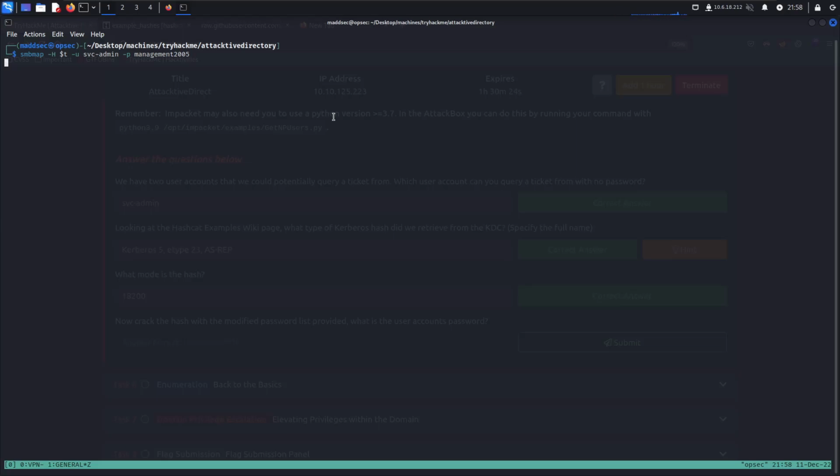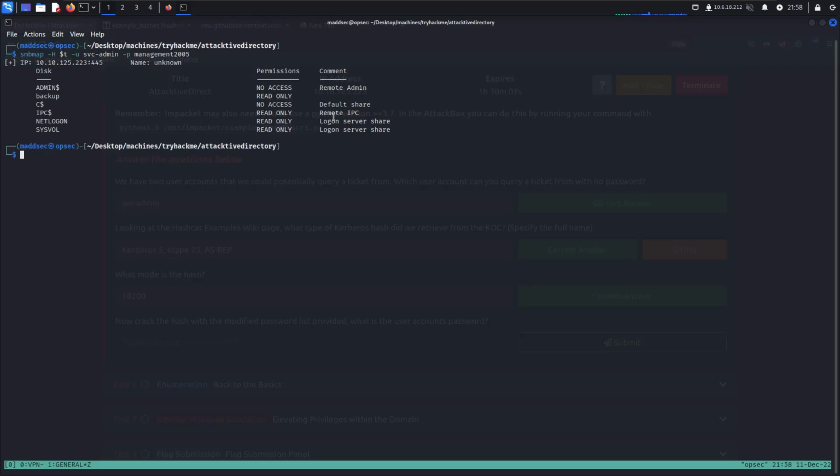Now I also have that option with CrackMapExec. I'm going to be doing it right now. So it's working on it. And there you go. So I have read-only permissions in backup, also in IPC, which I don't have much information in there, NETLOGON as well. And in SYSVOL, we can also try to find some,